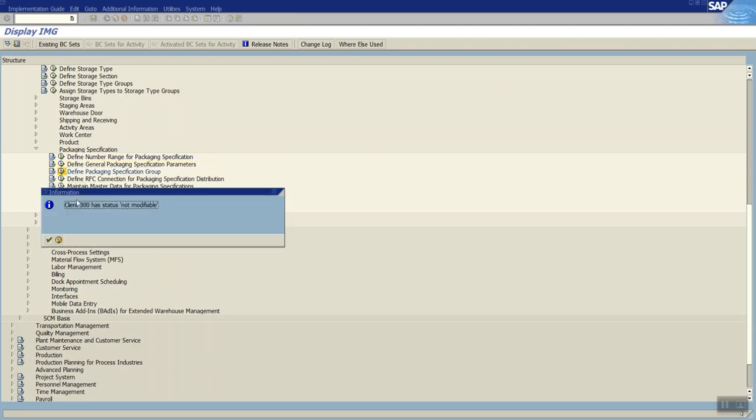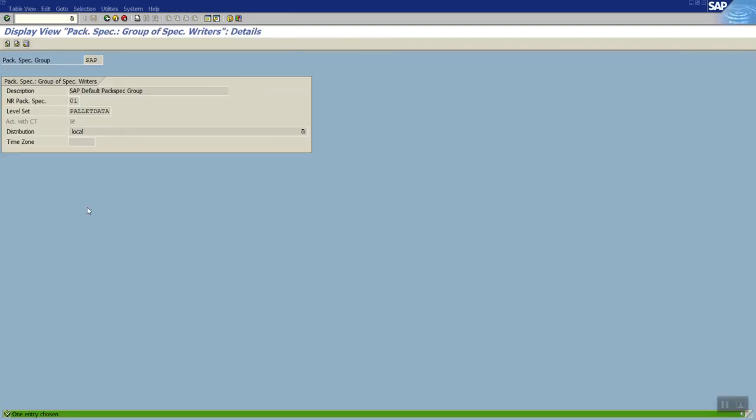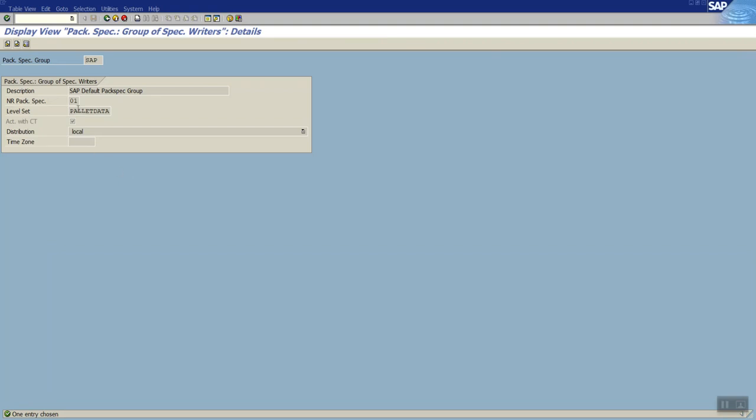And in the third step, we are actually going in the reverse direction. In this step, you can see the packaging specification SAP is defined, and for that the number range as well as the level set is assigned. This level set is most important. With this only, the system will understand this is like a formula. The dependent configurations are maintained, and the level set is the highest level.